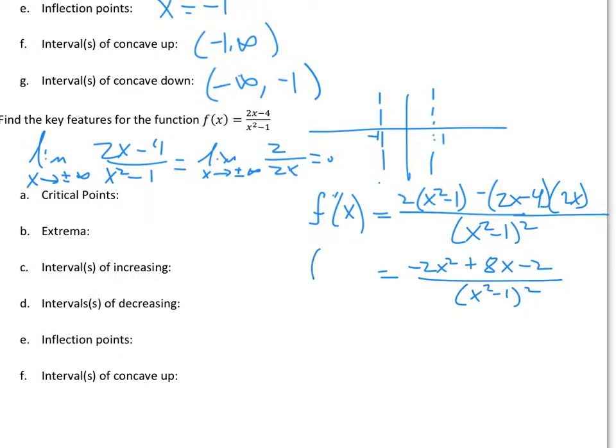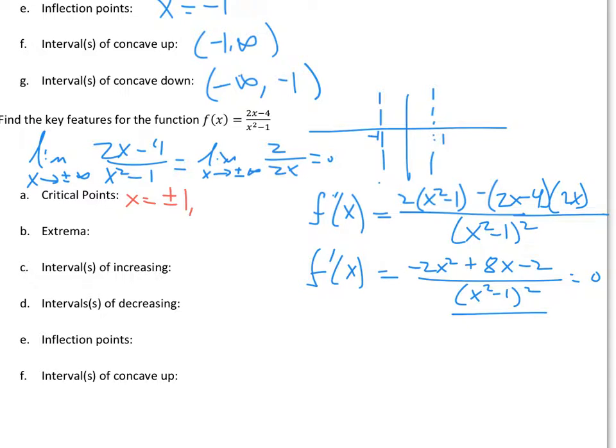And so now we want to set this equal to 0 to find the critical values, and all that matters is the numerator, right? Okay, we notice that x cannot be 1 or -1, so we already have that. Those are the asymptotes, so those are critical values, x equals plus or minus 1. We've got to put those down because it's undefined. But setting the top equal to 0,